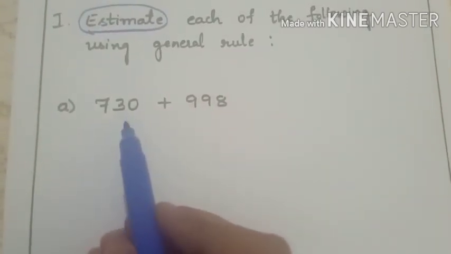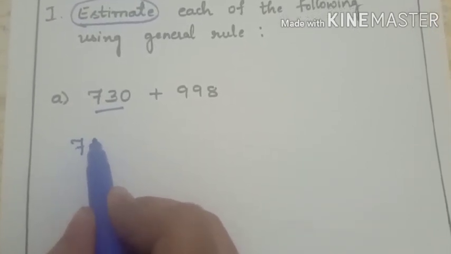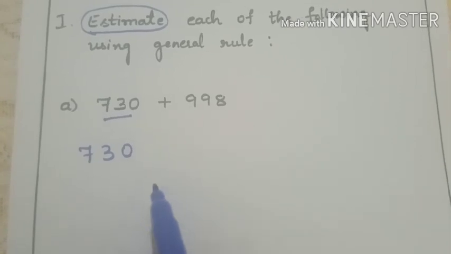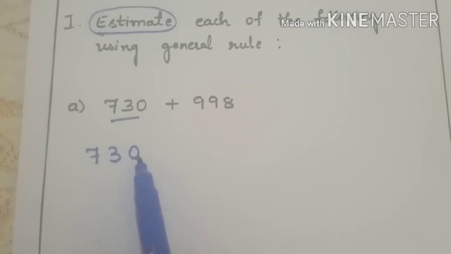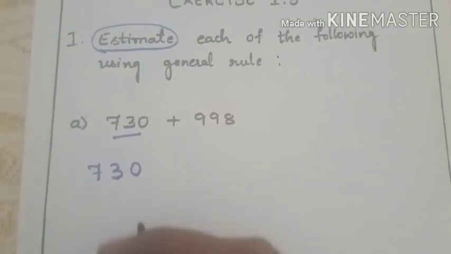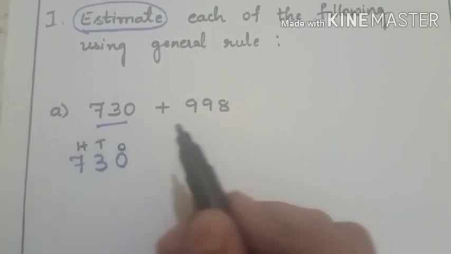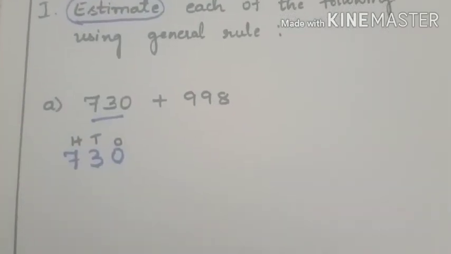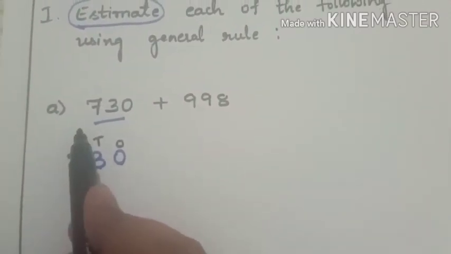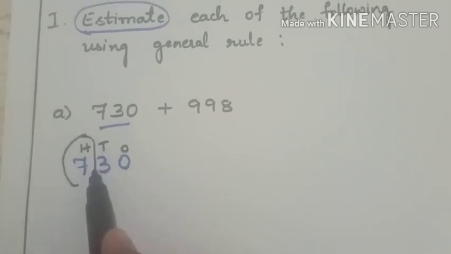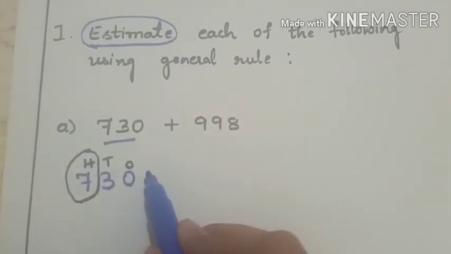Let's begin. The first number is 730, right? So how many digits are there here? Ones, tens and hundreds. 3 digits, right? Here you have to estimate this. You have to round off this number to the nearest hundreds place. The highest place value here is hundreds. So rounding off to the nearest hundreds place,